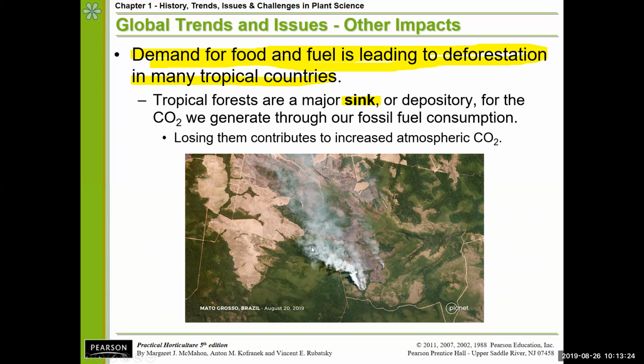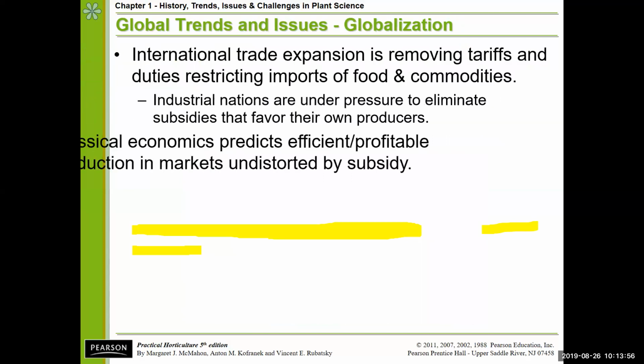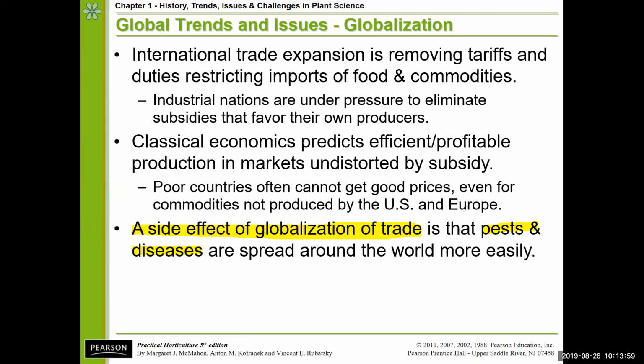I think that's something that's not really being shared in the news. It's not just a forest fire. Tropical forests don't typically catch on fire, right, on their own. It's the act of clearing the forest for agricultural land that is causing these forest fires that we're seeing right now. Either way, it's another thing that is feeding the fire of the whole climate change issue. It's all about the money, right? So again,